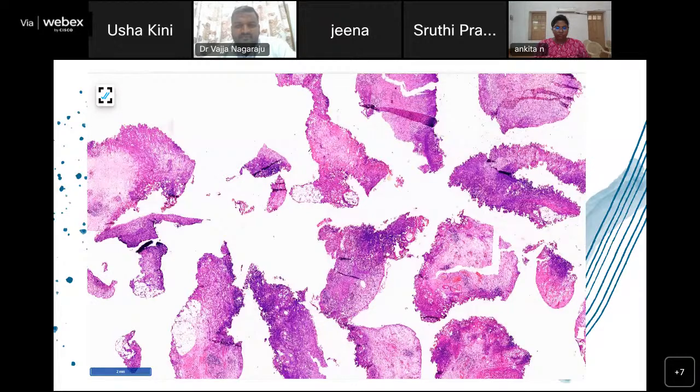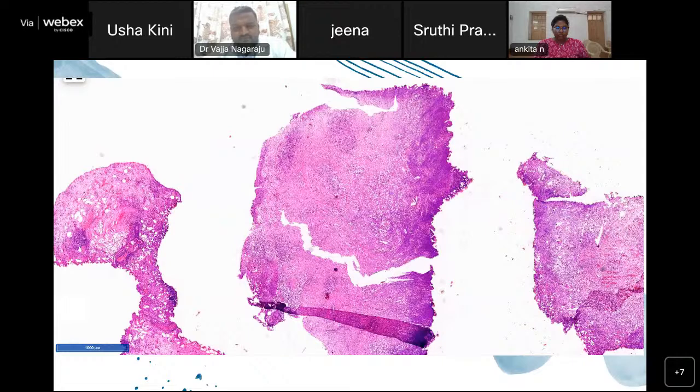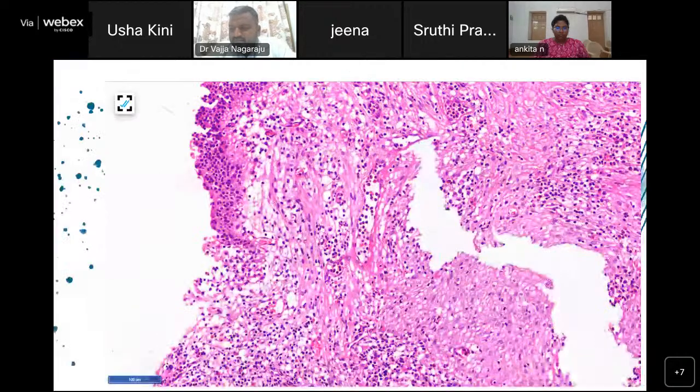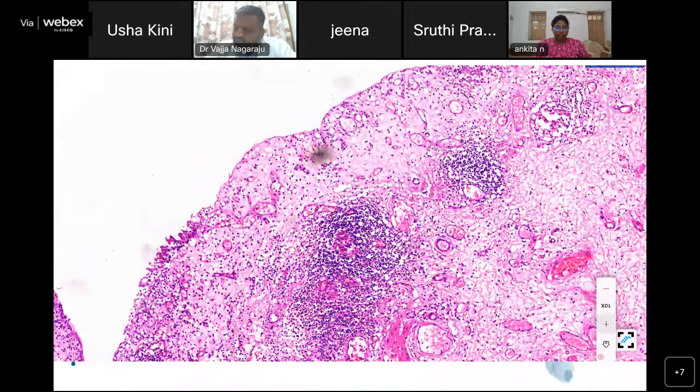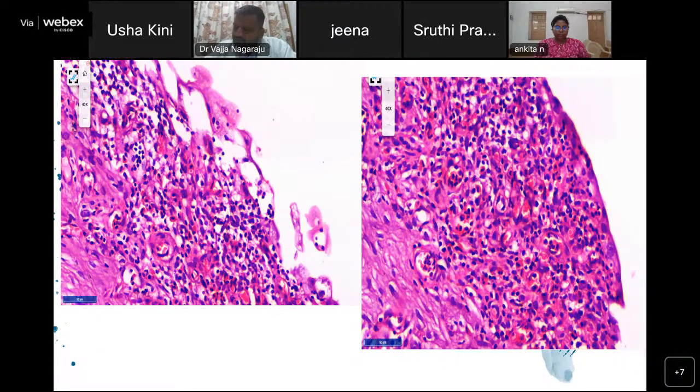tissue artifacts as well. And in one tissue, there was some preserved urothelium, and on higher power, it was showing hyperplastic urothelial cells and had dense inflammatory infiltrates. And there were some areas showing preserved urothelium, but it was thinned out. And on higher power, it was showing some atypia. But because of the inflammation, it's most likely to be a reactive change.